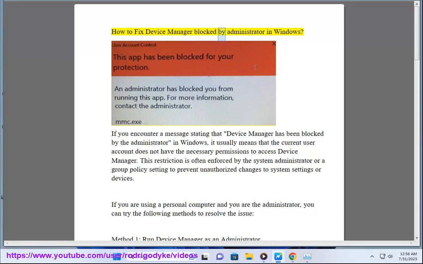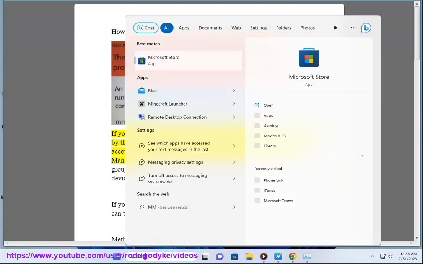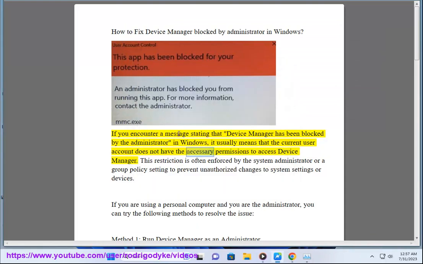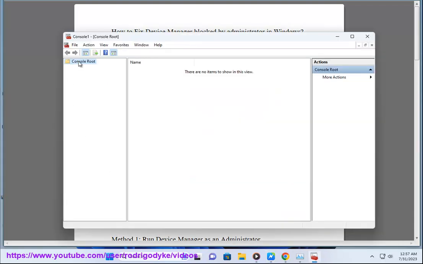How to fix Device Manager blocked by administrator in Windows. If you encounter a message stating that Device Manager has been blocked by the administrator in Windows, it usually means that the current user account does not have the necessary permissions to access Device Manager. This restriction is often enforced by the system administrator or a group policy setting to prevent unauthorized changes to system